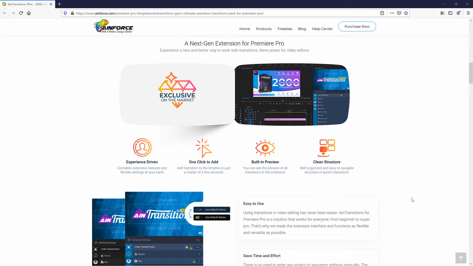And here is some very unexpected and cool news for you. We've developed a unique and highly flexible extension, the features of which are currently unique to the market. Most importantly, all of these features solve real-life problems in Premiere Pro workflow and speed up your video editing process. We try to take into account all groups of users of Premiere Pro, from beginners to super pros, and put the corresponding capabilities into the work of the N-Transitions Premiere Pro extension.